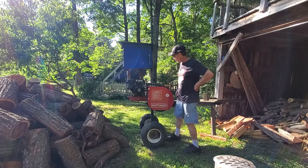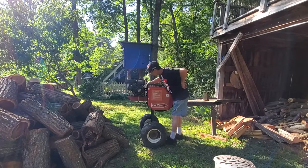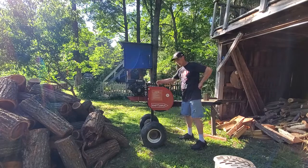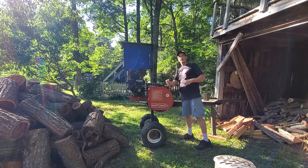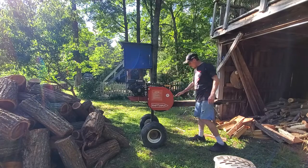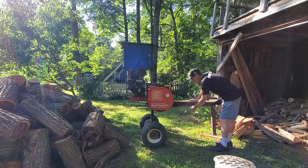I'm thinking about doing a modification to this. The clutch and pulley is over here, and the V-belt drives this flywheel, which is by default connected by that splined axle to this flywheel. This flywheel doesn't have a job other than to spin and make centrifugal force to translate that stored energy into this rack. I'm thinking about putting a 10 or 15 kW generator head here, mounting it on the bottom, and belt driving it,